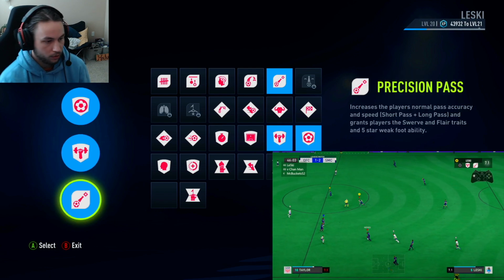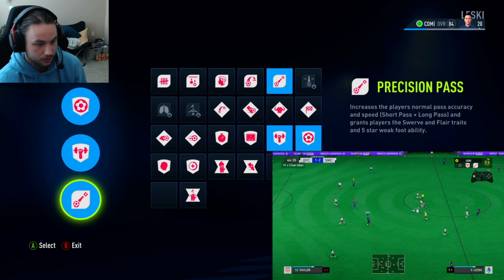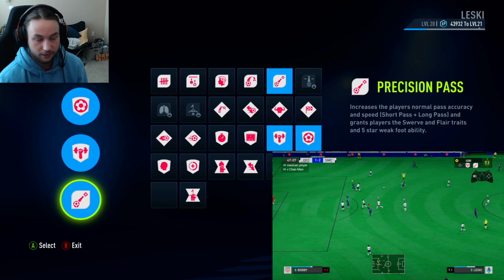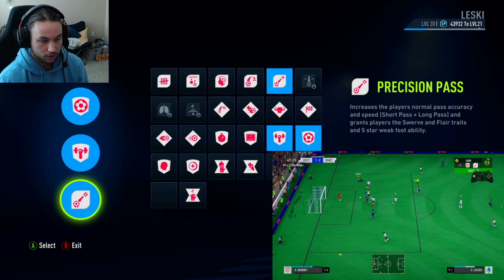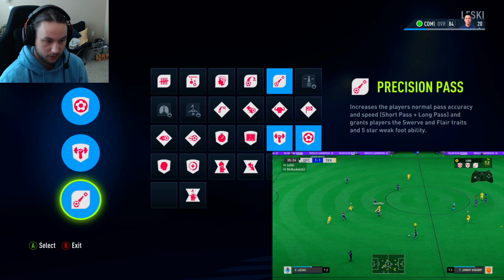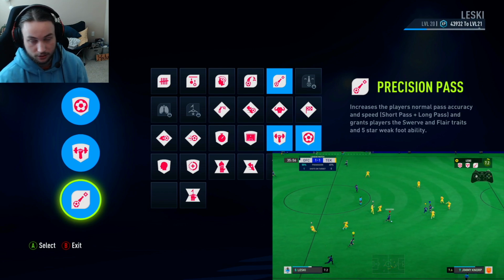And with the third perk, we have precision pass, which will increase your player's normal pass accuracy and speed and grants players the swerve and flare traits and 5-star weak foot ability. This is really good because you have a 5-star weak foot on any of your A passes or your X lofted passes. It doesn't matter what foot you're on, it'll be a perfect pass because of that 5-star weak